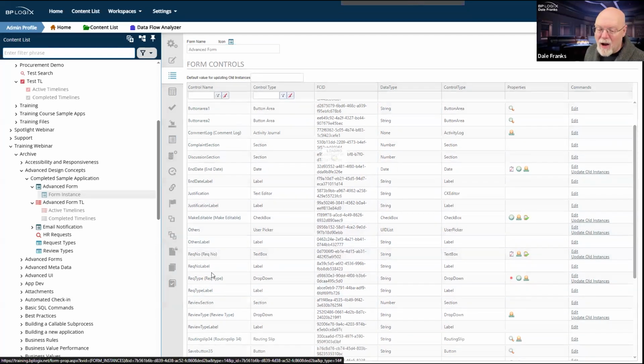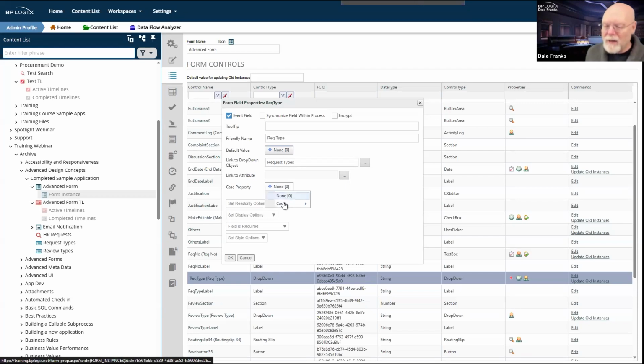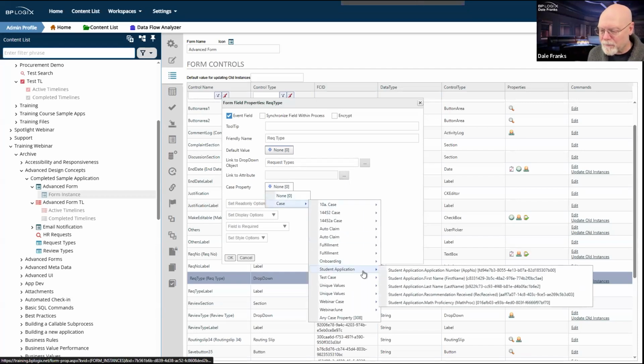But at least now I can open up this field's properties, and I can see what's going on with that particular field. And I can change the link to the drop-down object or attributes or whatever else I need to do. I can go ahead and make those changes, whatever they may be.